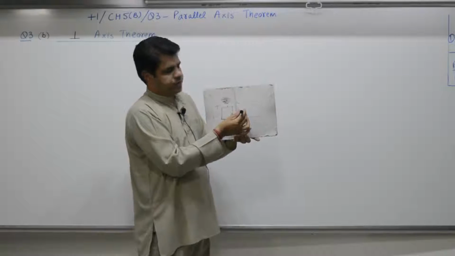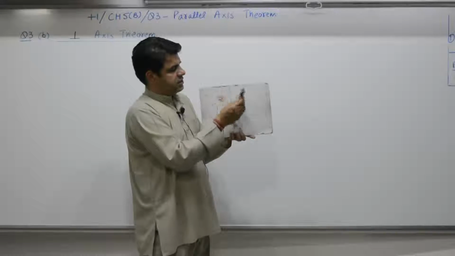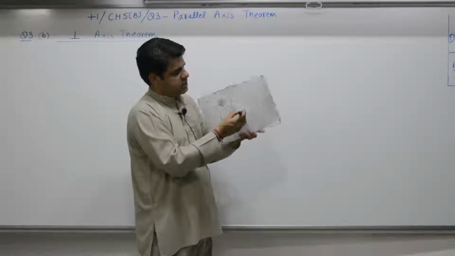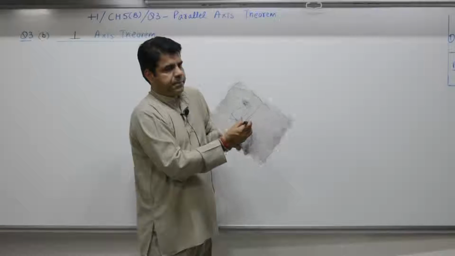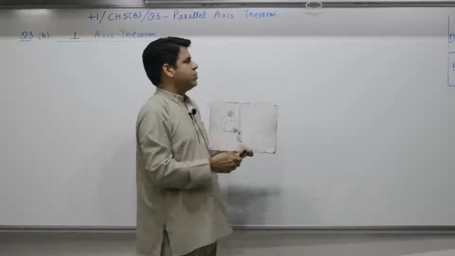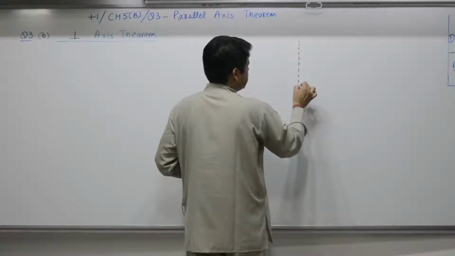What about this one? It is towards the reader. This was the x-axis, this was the y-axis, this is the z-axis. So how do you have rotation about the z-axis? Like this. So you can have rotation about a z-axis also. So if there is a plane lamina, plane sheet,